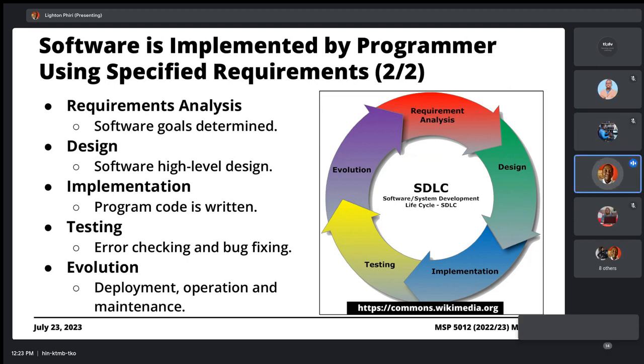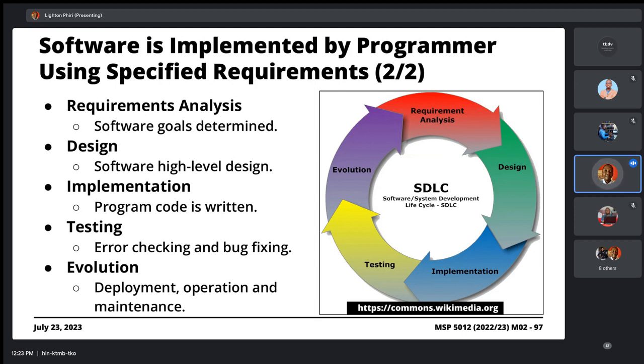But in this phase, what you do really is the people developing the software, in consultation with the organization they're developing the software for, will sit down and identify the project goals or objectives. That's the first part. And as part of that phase as well, a series of so-called requirements will be identified.